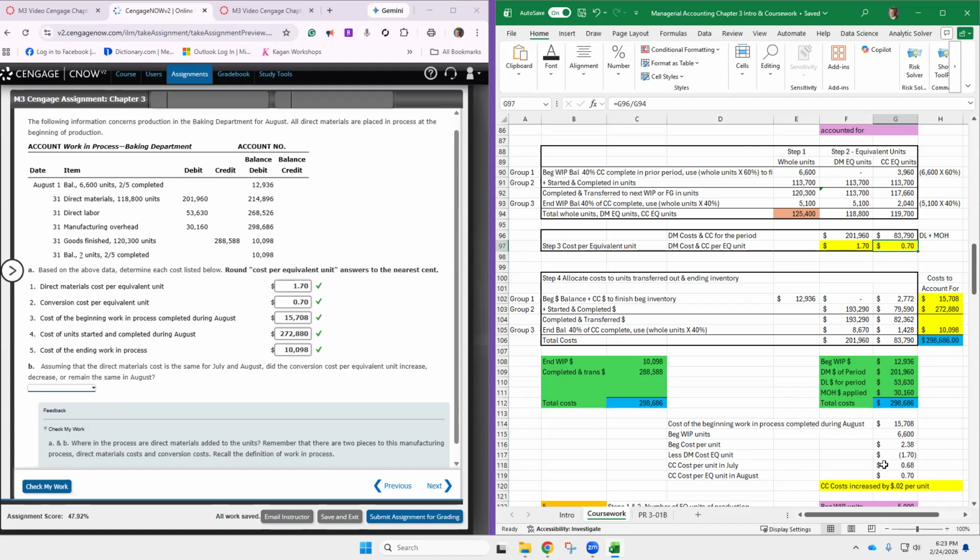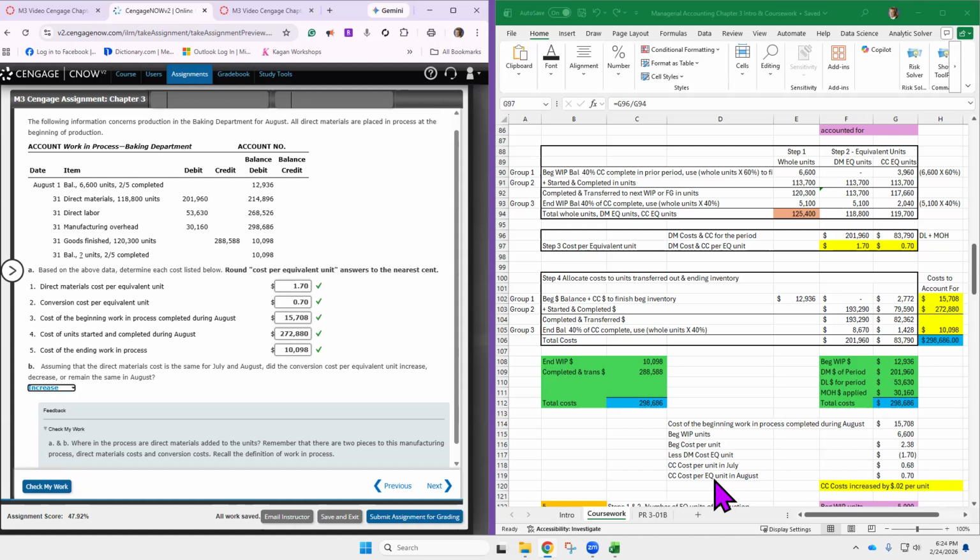So the difference between 68 and 70 is a 2 cent increase, right? 2 cents increase of the conversion costs. Okay, so the direct materials stayed the same. So we just had to drill down until we got to conversion cost of 68. So from 68 from the month of July to